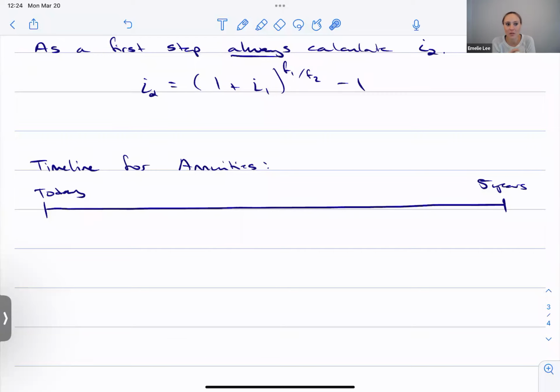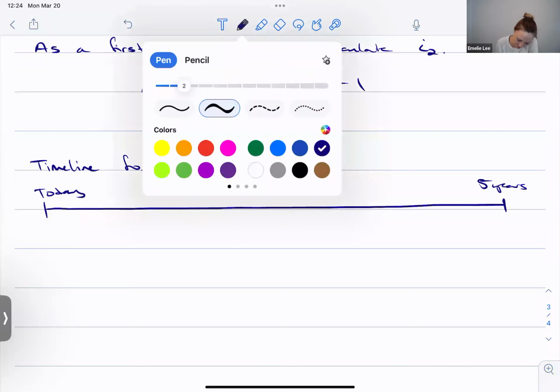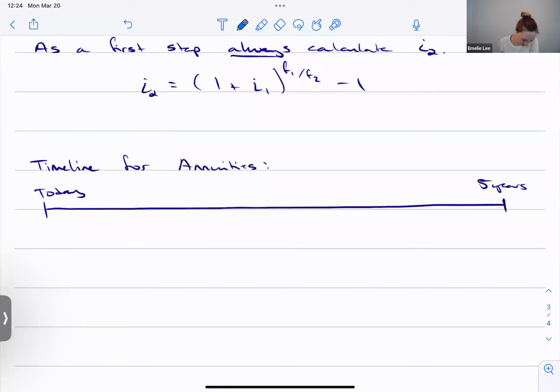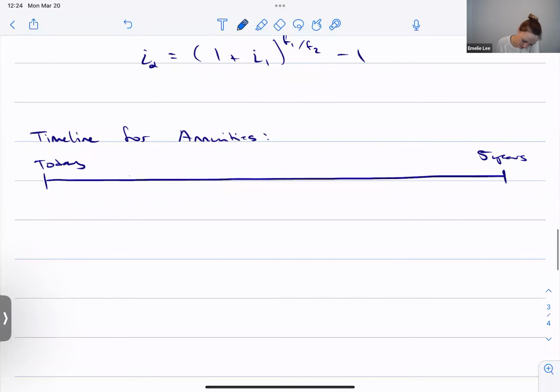But in terms of the timeline, what I want you to do is I want you to show just 3 ticks usually is enough. Okay, so to indicate that you have an annuity, I want to see 1, 2 ticks, and then a last tick,